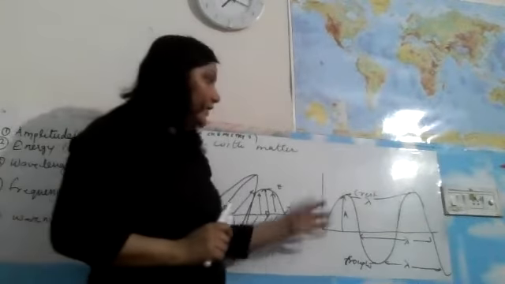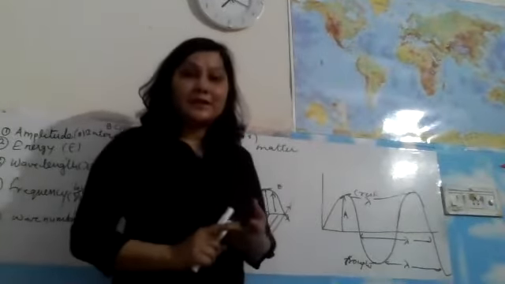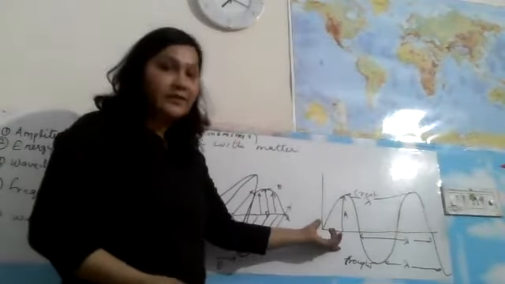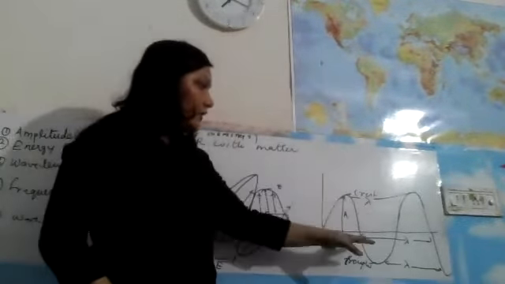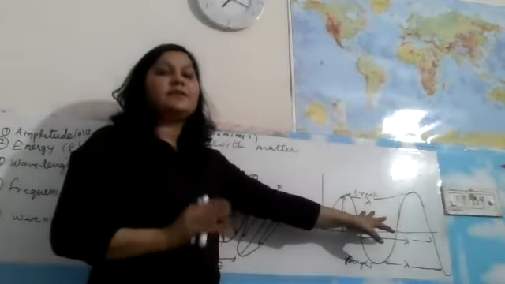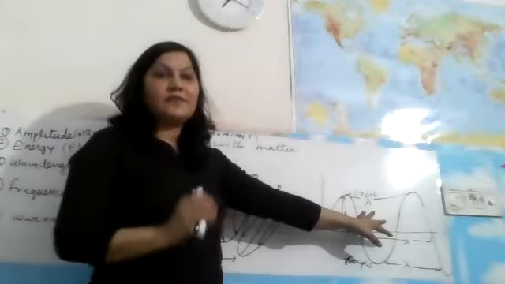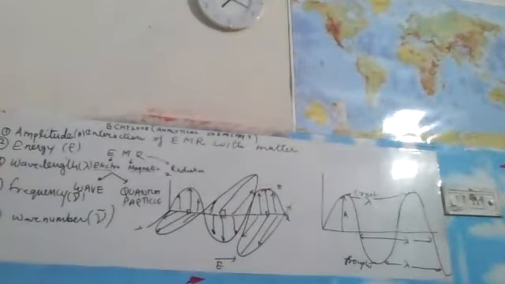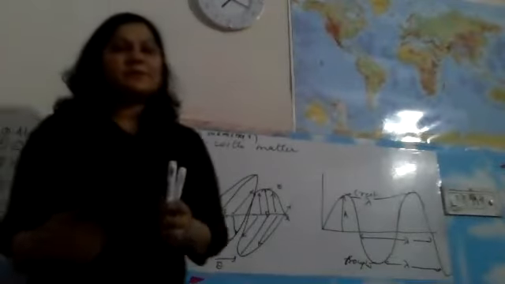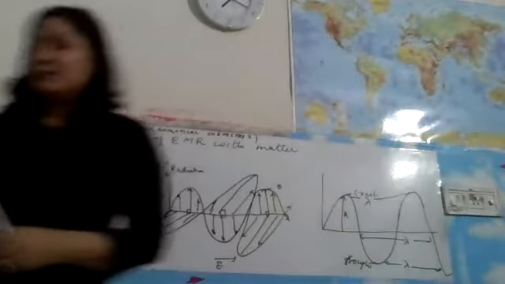And the unit of lambda is meter, centimeter, the unit of length actually, because this is the length. That's why the unit of wavelength is centimeter or meter, or any unit of length. So we have covered amplitude and wavelength. We will discuss the relation of all these terms later on. First we discuss all the terms.